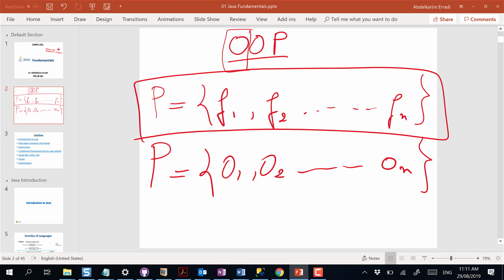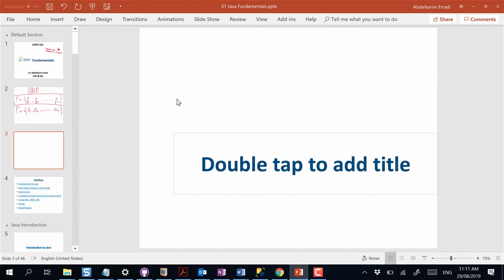So that is basically the philosophical idea of object-oriented programming: you take objects from the real world and you represent them in your program. And your program becomes a set of objects that are interacting to achieve the functionality of the program. Okay? So let us start with some concrete example of what an object really is and how we describe an